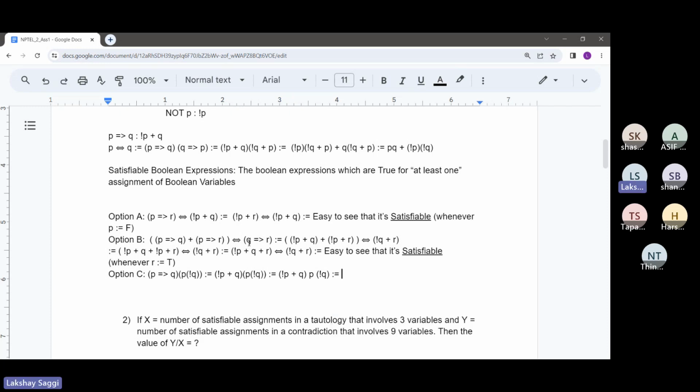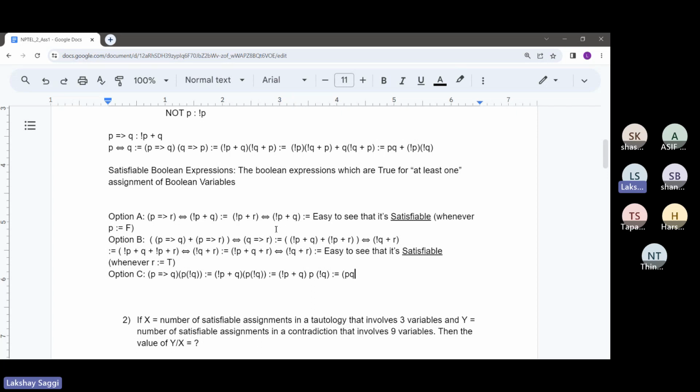Now I'll multiply these two first. What I get is P times not P, similar to the distributive property. This P will be multiplied by not P, and P and not P will always be false, so I can ignore that. Plus the expression will be P times Q. So this expression will just resolve to P times Q. I hope I'm making sense, guys. If you get confused, you can ask in chat anytime. What I'm saying is this not P plus Q times P will resolve to P times Q only.